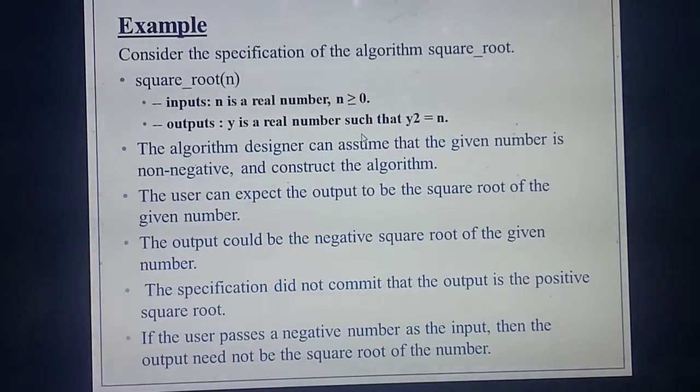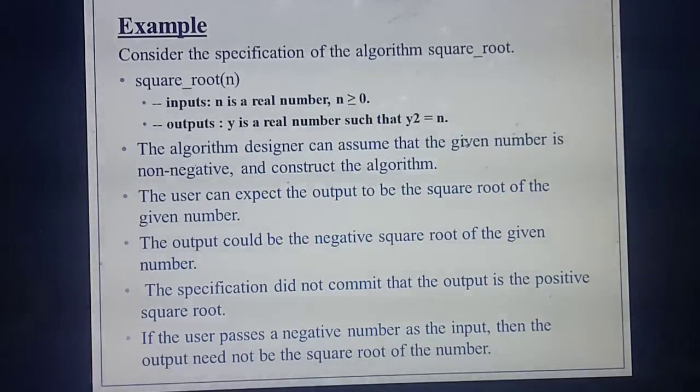Okay, so listen, the same example they are giving. We already studied this example: finding the square root of a number. So what's the first step? You need to name the algorithm. What's the name of the algorithm? Square root. Then you should give the property of the input as well as the property of the output. What's the property of input? The input n should be a real number, that means the number needs to be greater than 0. The output is that you will always get the square of the particular number, so y squared equals n.